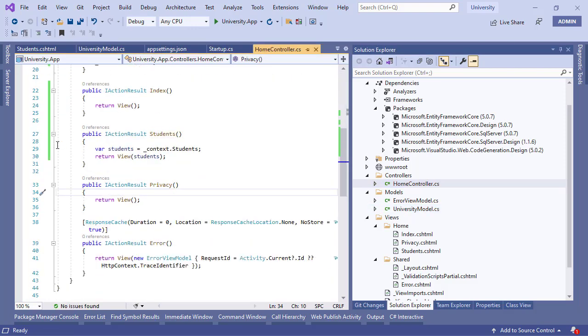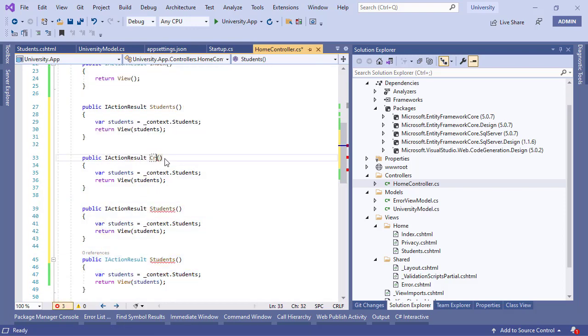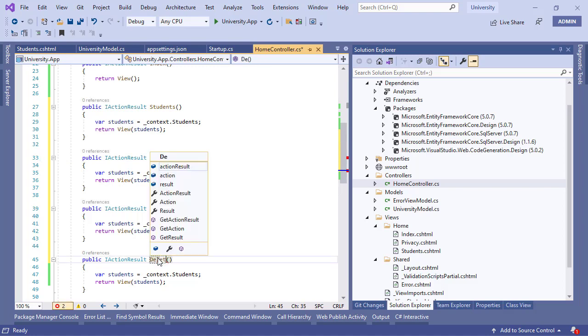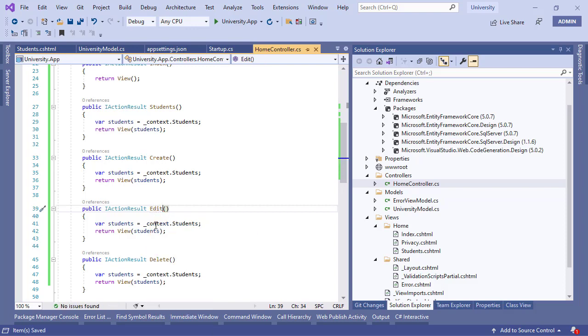We can go ahead and add those actions all in our controller over here in the home controller. We can go ahead and add those actions, and then we'll have to create a corresponding view for all of them. So this is going to be delete, and this is going to be edit. But then these parameters, they're going to take different actions. So it is already 10 on the clock. We are going to